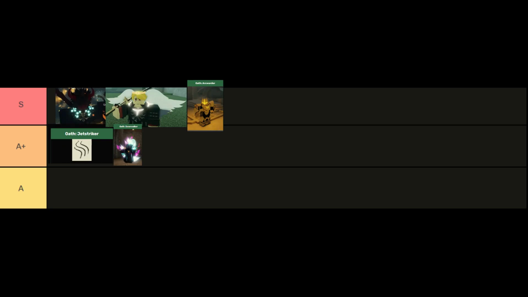Alright guys, so knowing all the information for the Dawnwalker, I will give this an A+, only because its passive is way too situational. It needs to be hit by shadow cast in order to get its buff. So I feel like that's kind of a downside, and its mobility is kind of low, but overall it's a